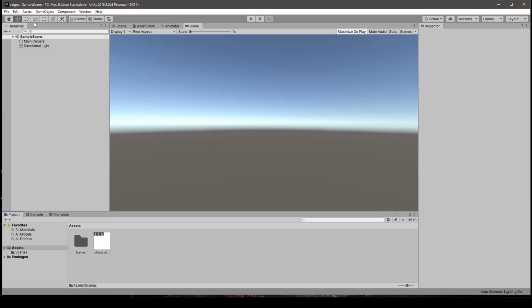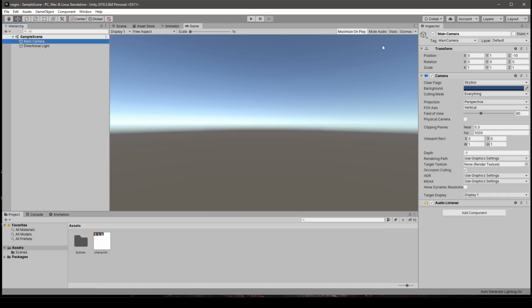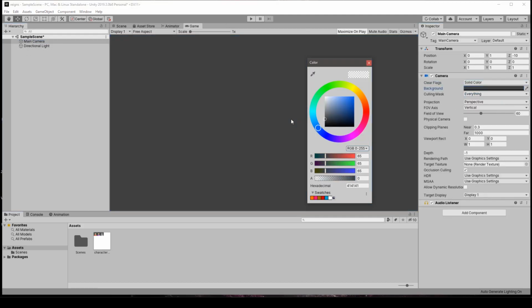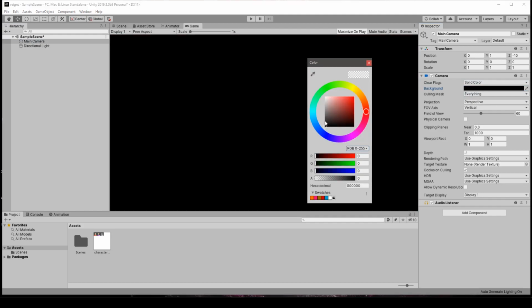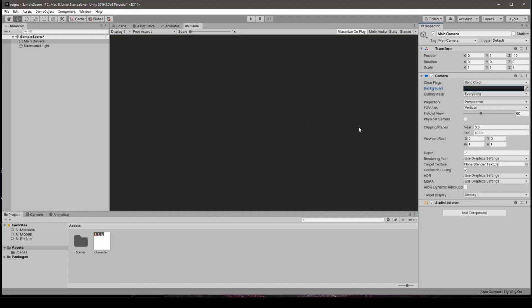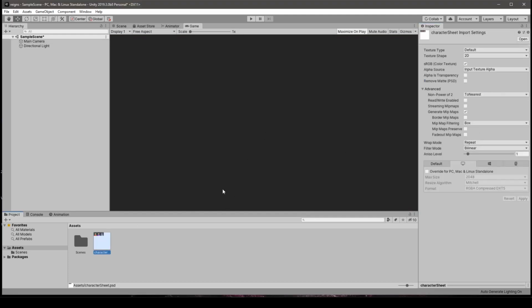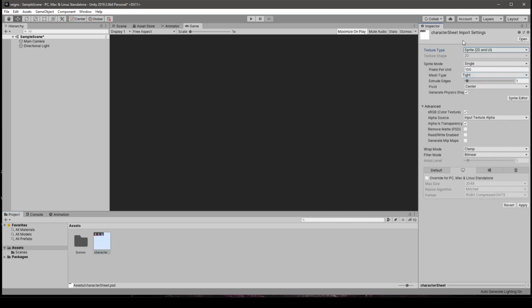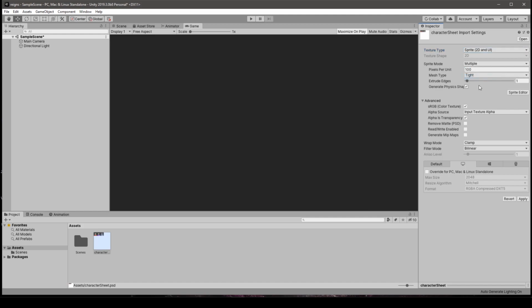Okay, so we are in the Unity itself. Let's adjust the main camera. Let's make it not full black, but this kind of gray. So we've got our character sheet we already created. We changed it to Sprite 2D and we changed the sprite mode to multiple. Right, we hit apply, and there's one more thing. We have to change the filter mode to point, no filter, otherwise